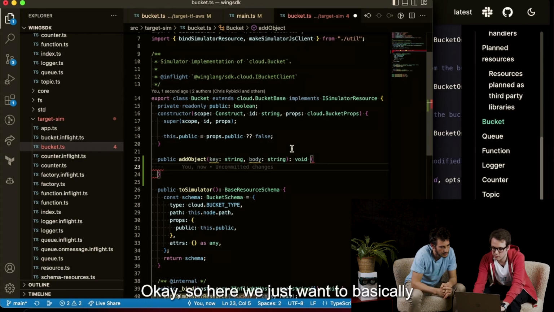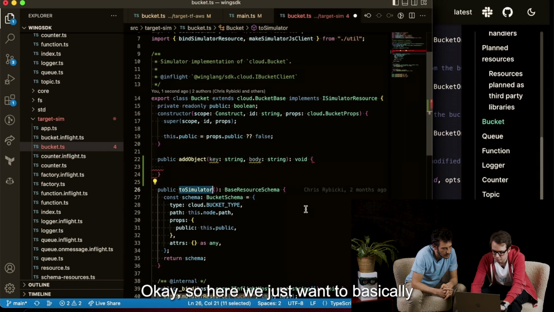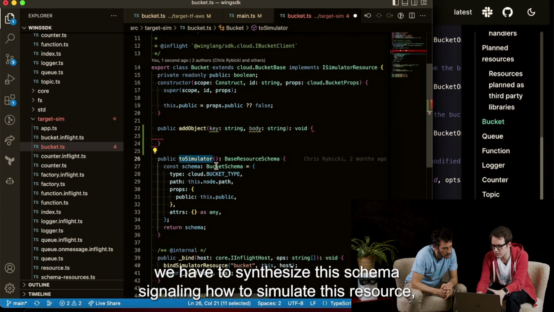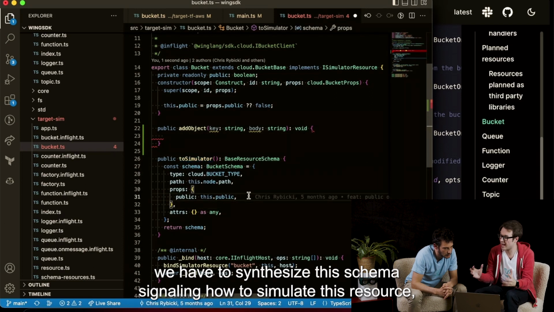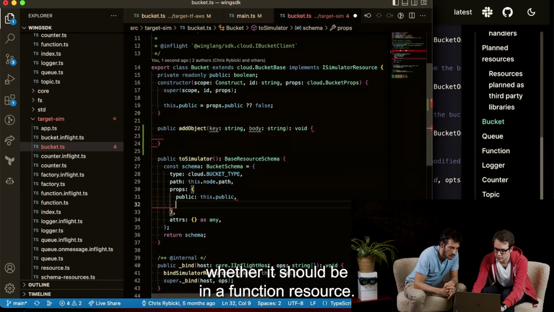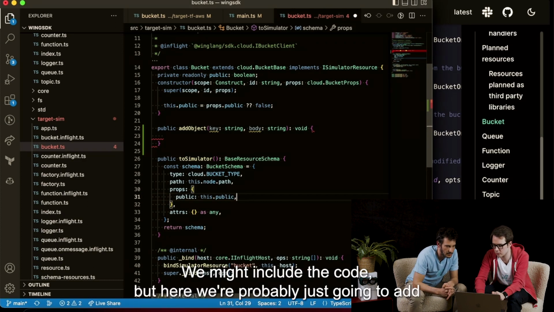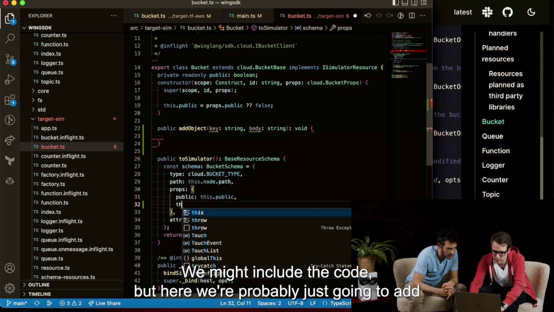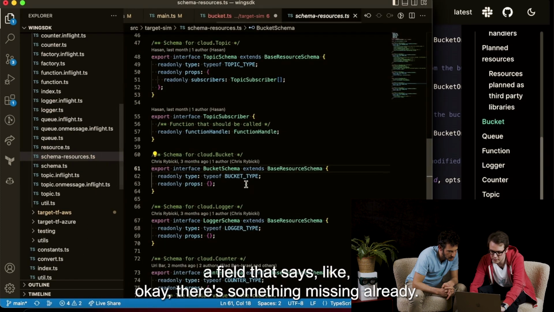So here we have to synthesize this schema, signaling how to simulate this resource, whether it should be public or not. Here we're probably just going to add a field that says